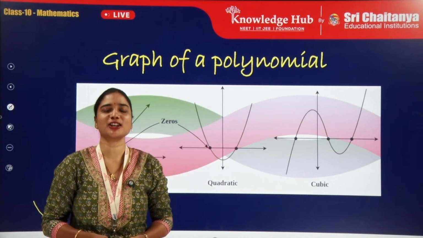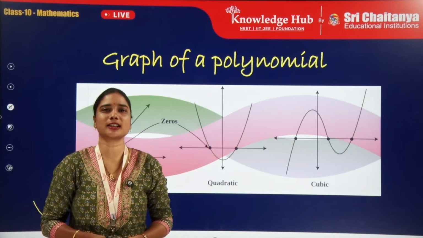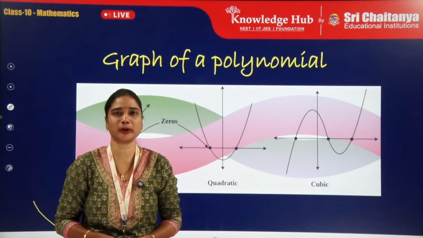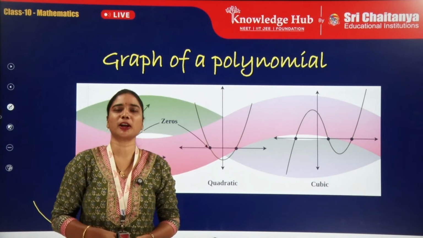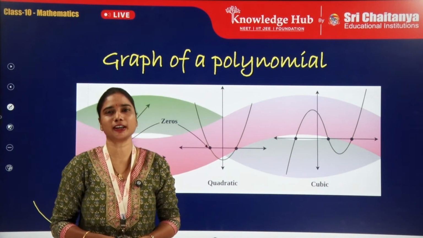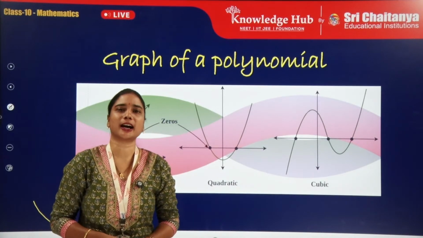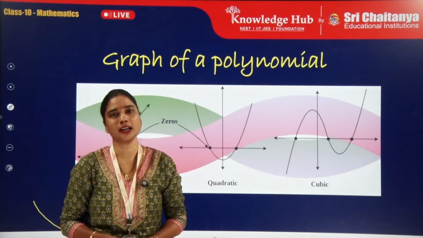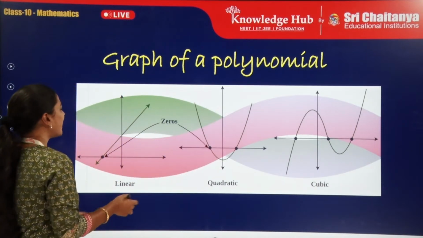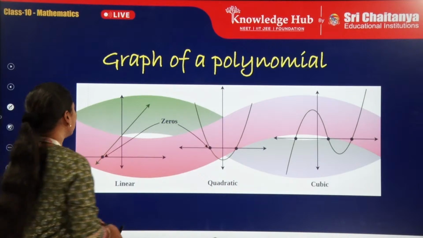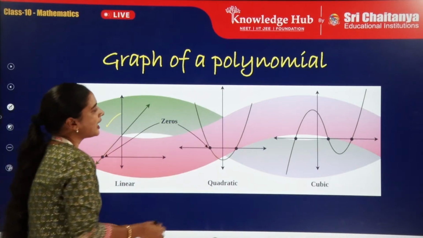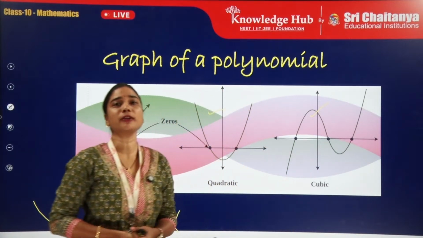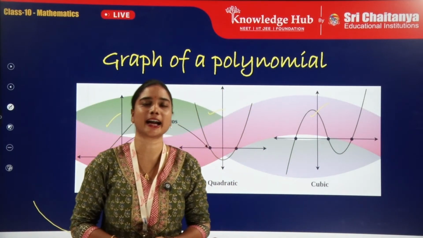I am Lata Shri. Today we are going to learn about quadratic polynomial graph. This is one of the important topics in the polynomials. In the polynomials we have different types of polynomials, and about that we are discussing how the graph of a polynomial will be. Here, if you observe, we have three different types of graphs: this is a straight line, this is a parabola, and this is a sinusoidal wave. So how will a quadratic polynomial graph be?